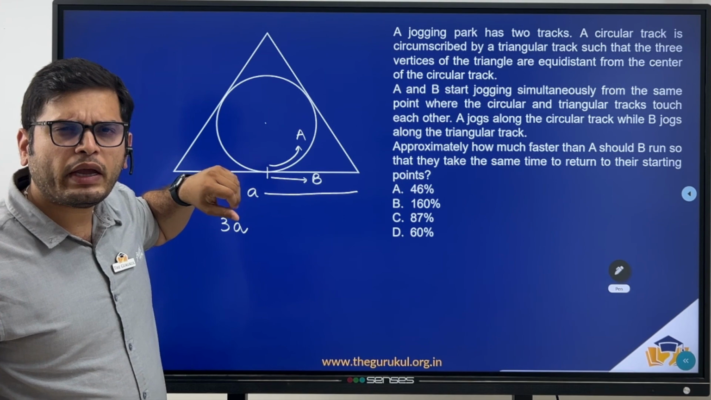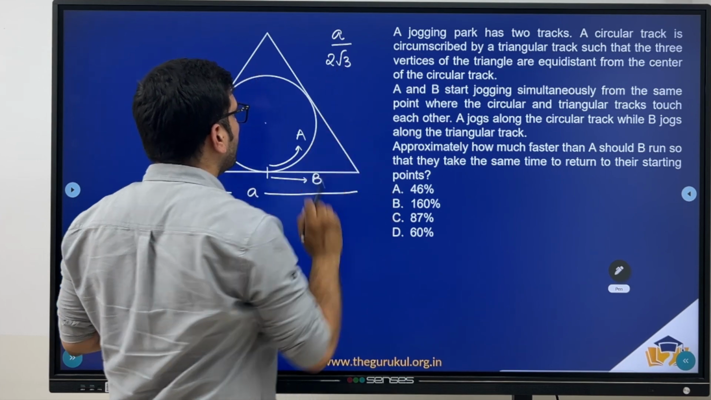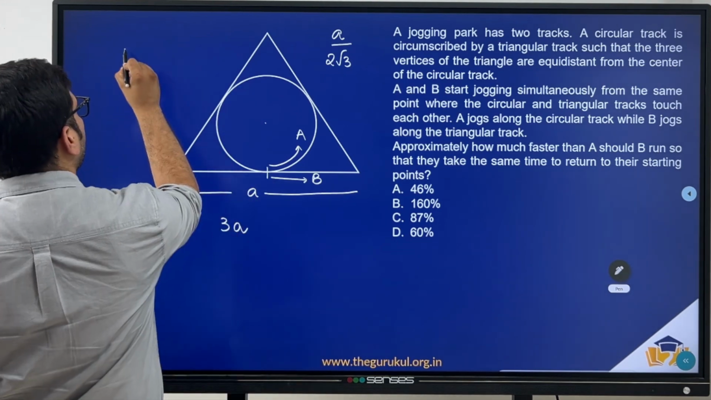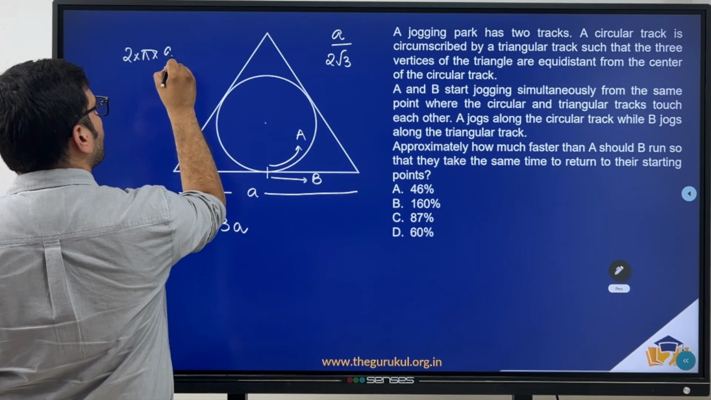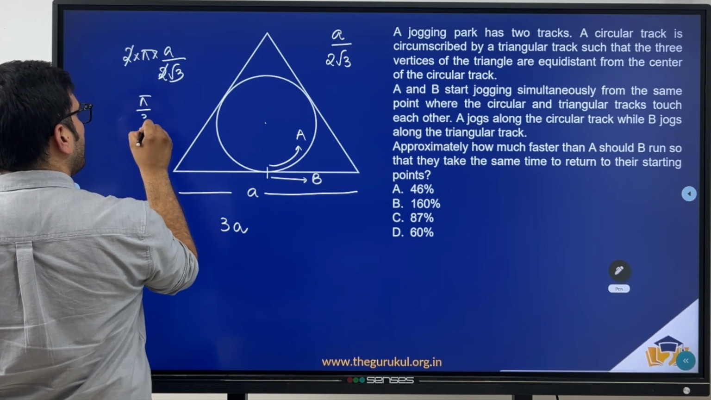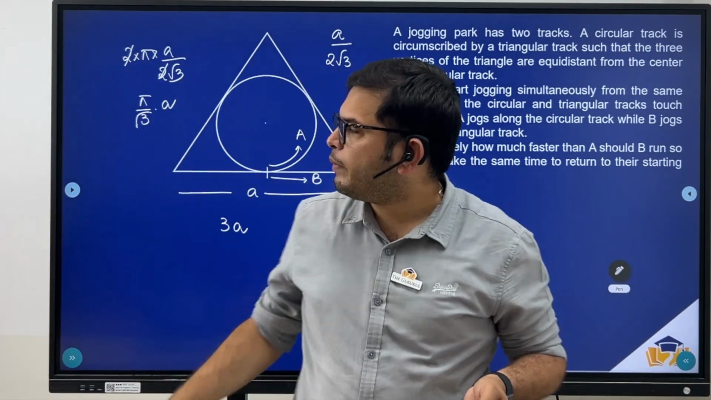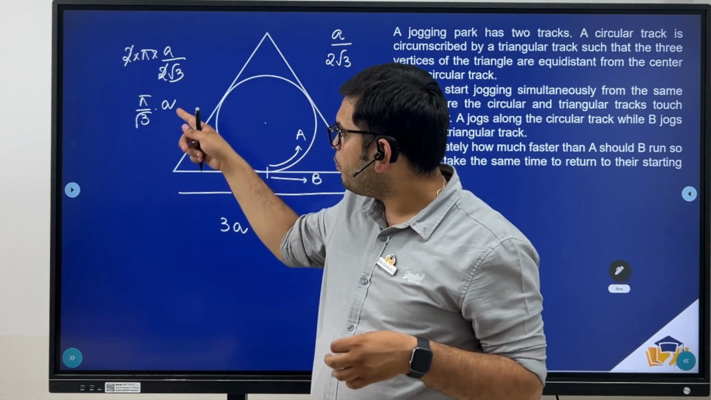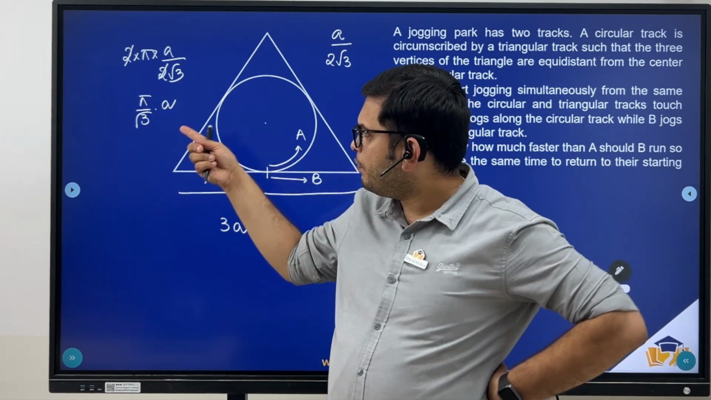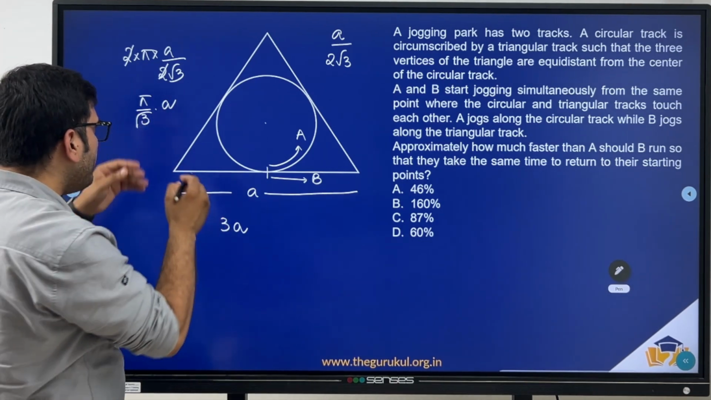Now what is the formula to calculate the inradius of an equilateral triangle? A by 2 root 3. Now if I have the inradius, the distance covered by A is nothing but the perimeter of that circle. So the perimeter will be 2 into pi into A by 2 root 3. Now these two will get cancelled. Now this is pi by 3 into A. Sorry, pi by root 3 into A. Now we know that the approximate value of root 3 is 1.732 and pi is 3.14, right? So since pi is slightly greater than 3, this should be slightly greater than root 3. So root 3 is 1.732. So I'll be considering this value as